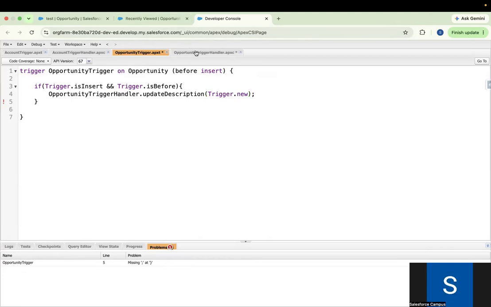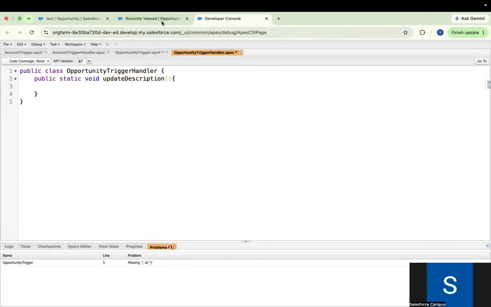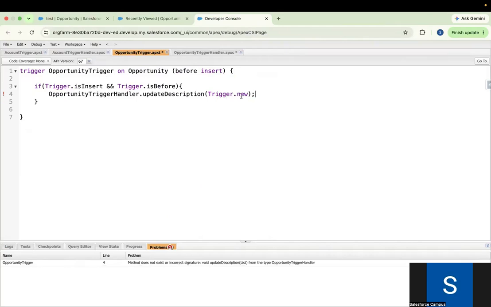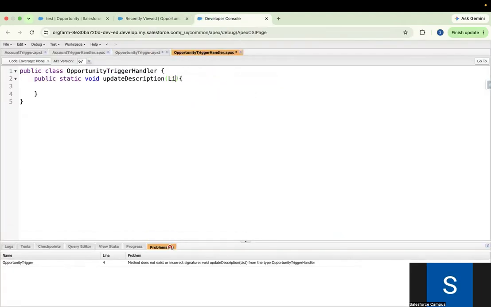Now in our trigger handler, what can we give? Here we are giving Trigger.new. Trigger.new means a list of records would be there. Here maybe one record, maybe multiple records. So we can handle this in a list of